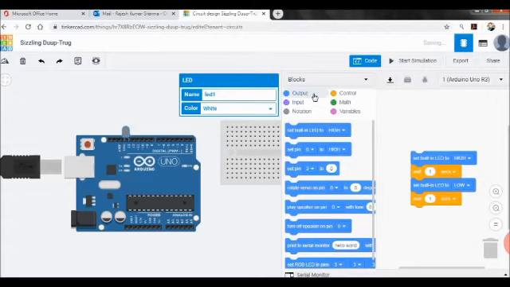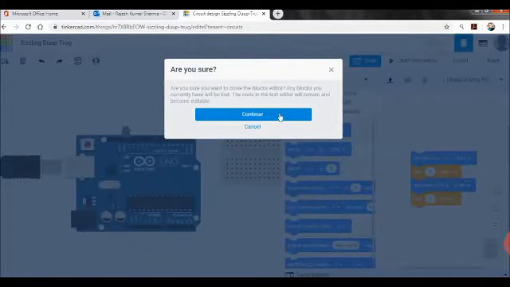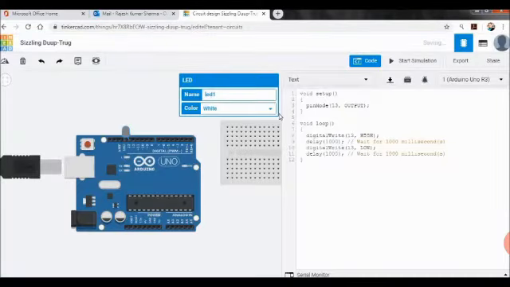So here we have code, and which kind of coding you want to do, with the blocks or with the text or with the combination, it is your choice. So we'll go for the text. That is how we were doing in the Arduino IDE software. So you can see it has already shown you the programming, and you can modify if you need, but there is no need because we have already selected pin number 13, and pin number 13 is there in the programming also.